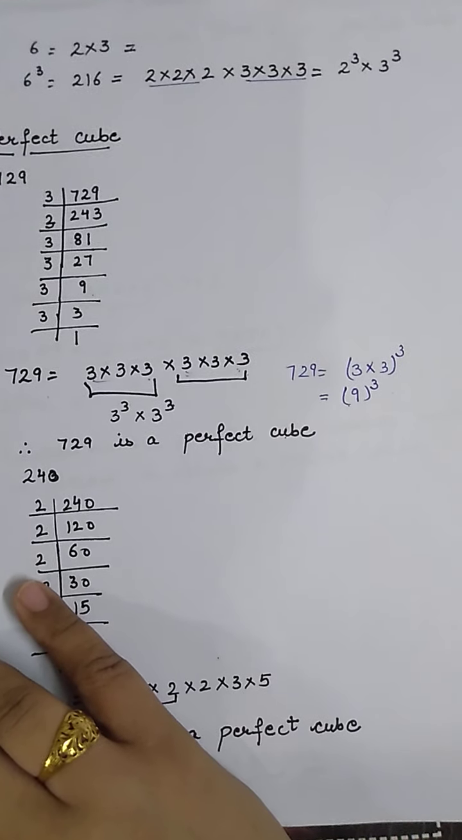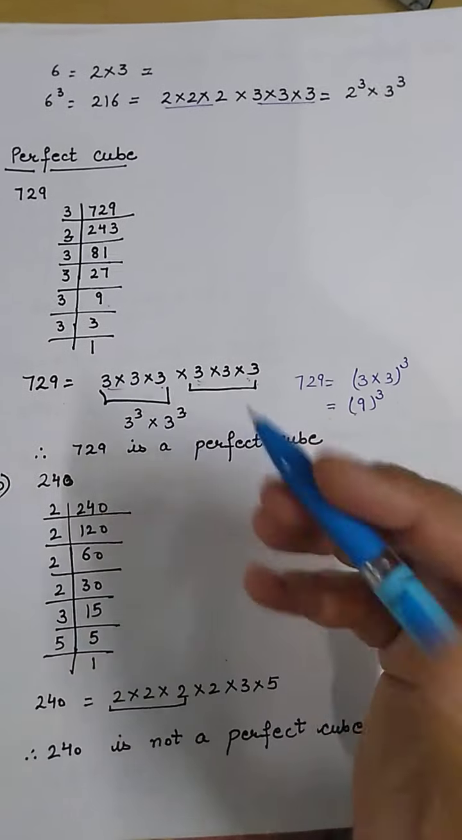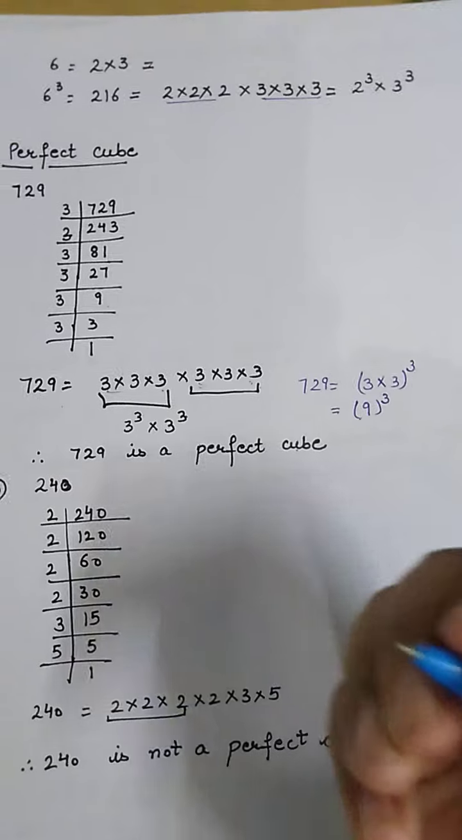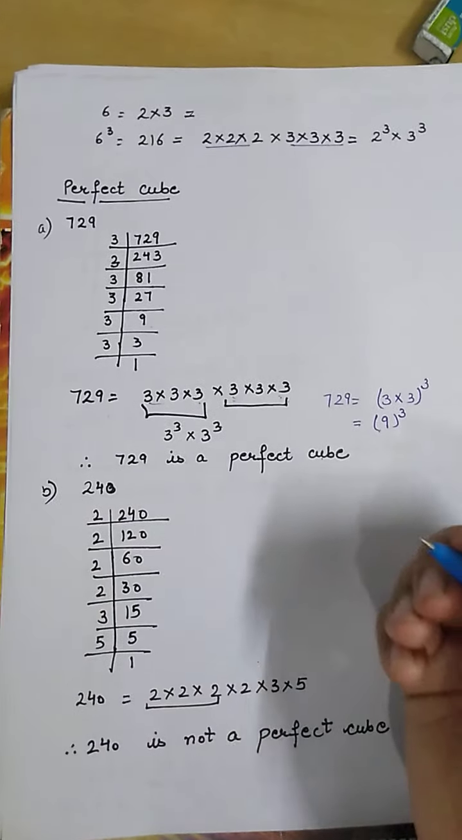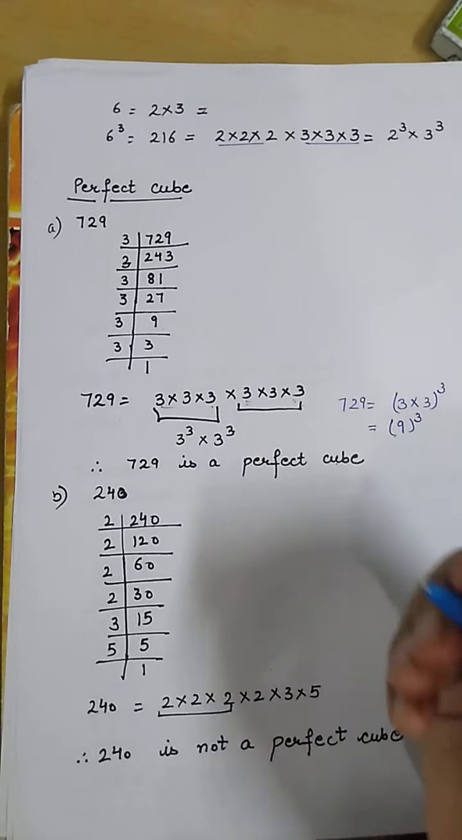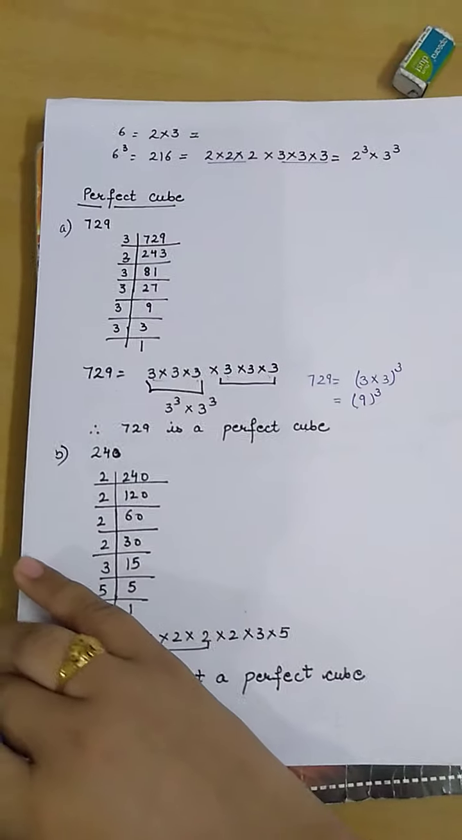Every number can't be a perfect cube, of course. 4 is not a perfect cube. If we multiply any 3 numbers, we can't get 4. Similarly, 5 is also not a perfect cube. 9 is a perfect cube. 6 is a perfect cube. You can check it yourself, students, at your home, and you can ask your queries as well if you are